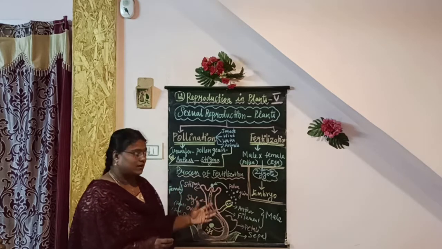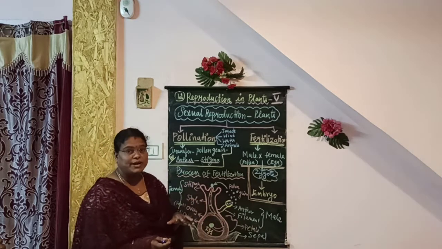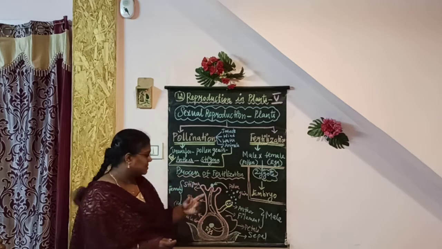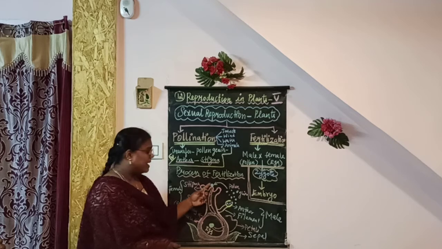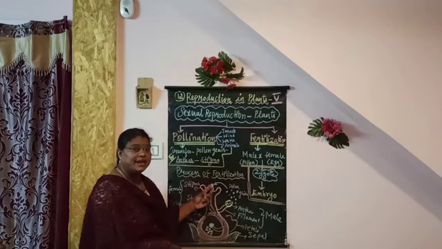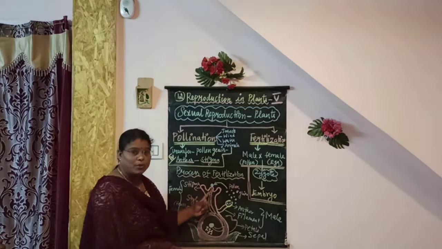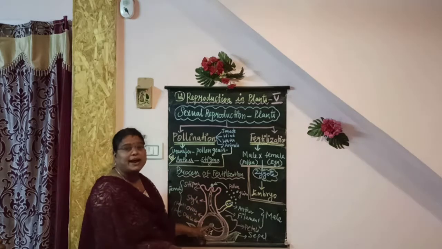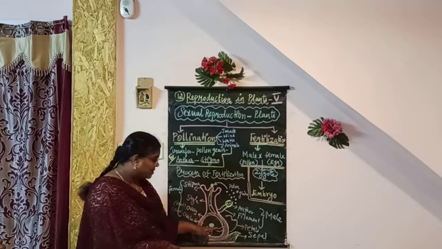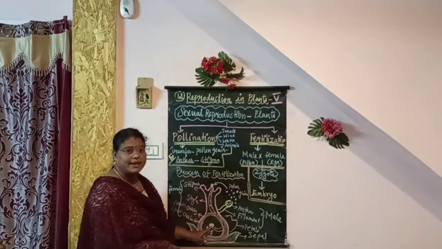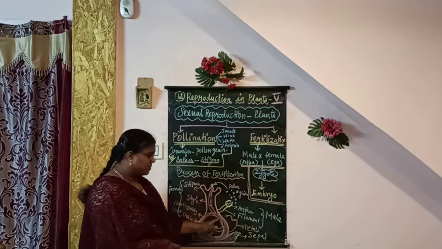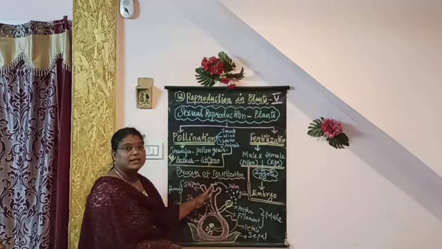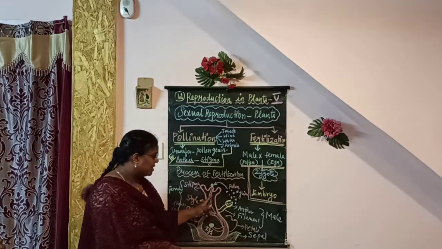So this process, or this movement of pollen tube towards the egg, is called chemotaxis. The pollen grain, after landing on the stigma, develops a tube called the pollen tube. This pollen tube grows through the ovary and reaches the egg. Through this pollen tube, the male gamete nucleus of the pollen grain travels